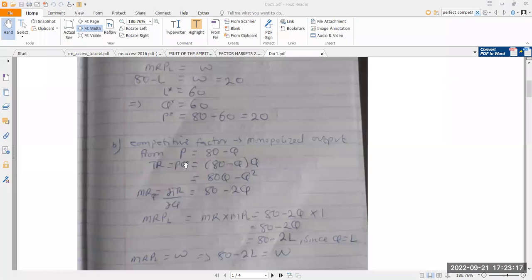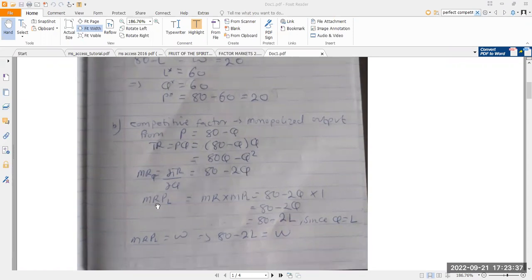Total revenue is price times quantity. Price is 80 minus Q times Q. If you expand this, you get 80Q minus Q squared. Okay. So it means that the marginal revenue for the output firm will be 80 minus 2Q. So if you want to find the marginal revenue product of labor,